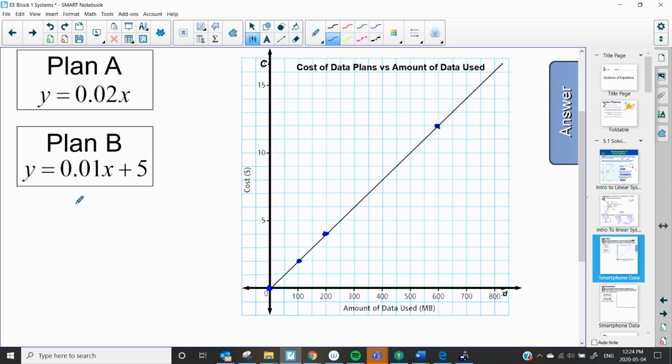For the second graph here, I've got 0.01x plus 5. Well, I know that my y-intercept is at 5, so I know 0 is going to be 5. But let's make out a table of values here. So again, I'm going to go 0, 100, 200. I'll go all the way up to 600. So 300, 400,